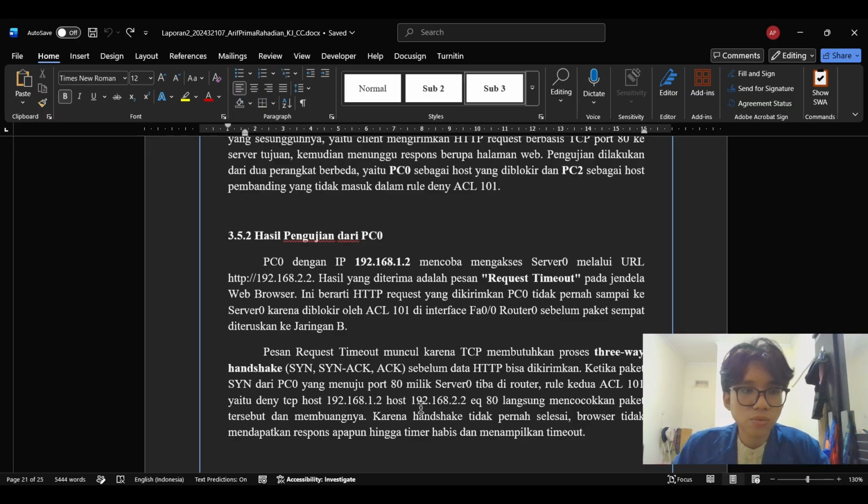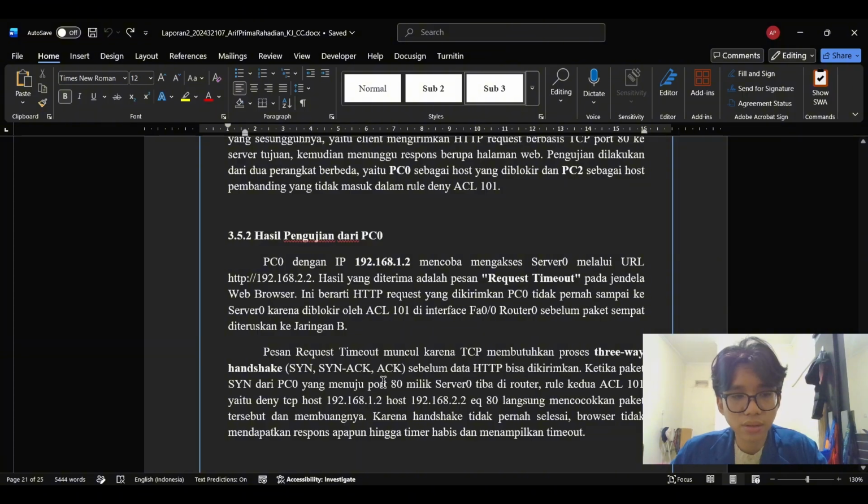To understand why the browser shows a timeout rather than an immediate error, we need to look at how TCP works. Before any HTTP can be sent, a three-way handshake must be completed. First is SYN, then SYN-ACK, then ACK. When PC0 sends its SYN packet destined for port 80 on Server0, that packet arrives at router interface FA0/0.